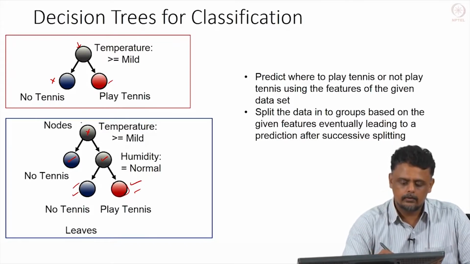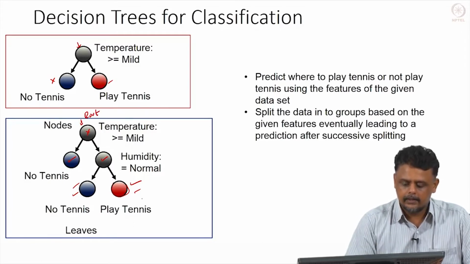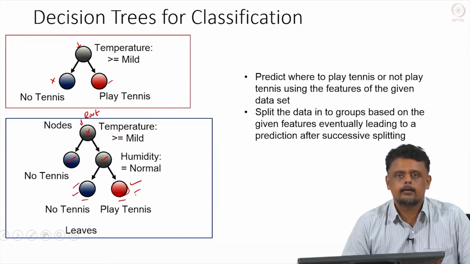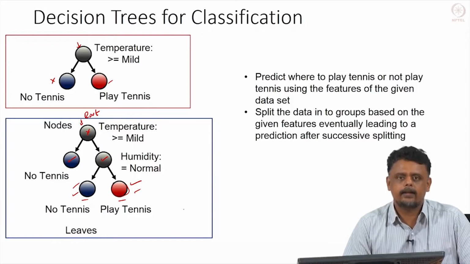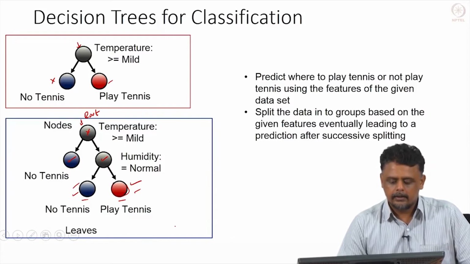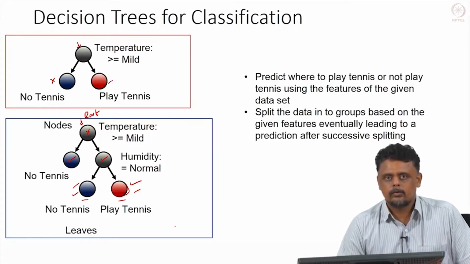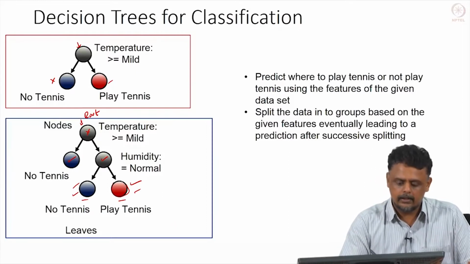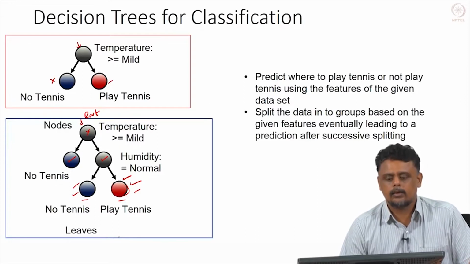So, this is the root node, right here. This is the root of the tree that we have created, and the nodes here are the leaves. So, the idea is that as we go down this tree, or up this tree, depending on how we interpret it, we would expect the leaves to have all the data that has a similar decision. So, we would expect all the data where we decide to play tennis to accumulate in this node, and all the data where we decide not to play tennis to accumulate in the other node, okay. So, that is the idea behind building this tree.